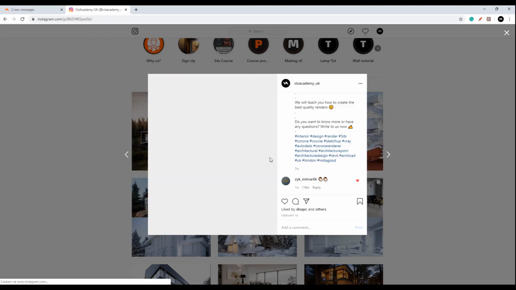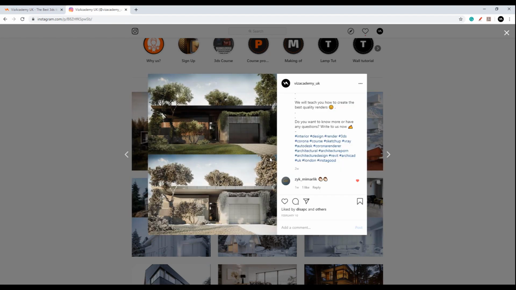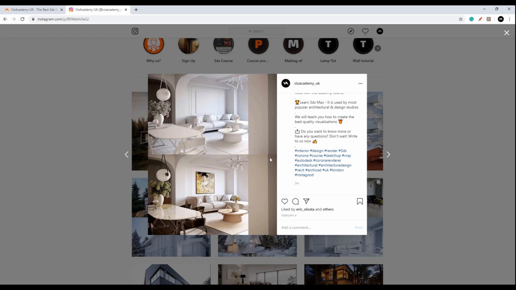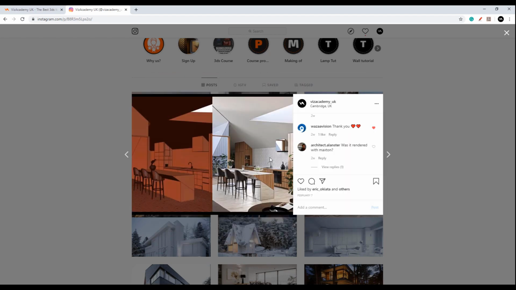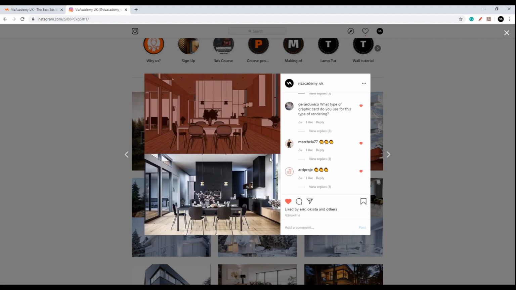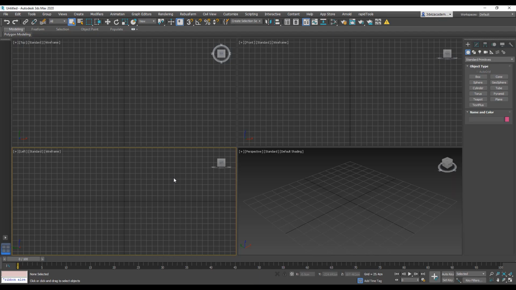Okay, now let's get started with the video. This is a very easy but necessary 3ds Max tutorial. It will ensure that our work will go flawlessly. So let's get started. First thing you notice when trying to work with 3ds Max is that its UI is